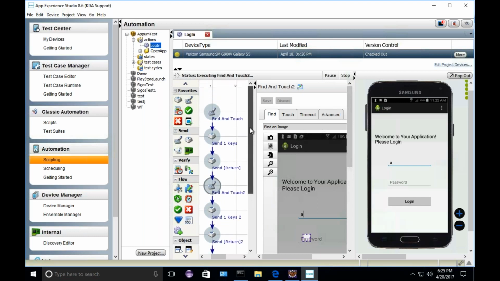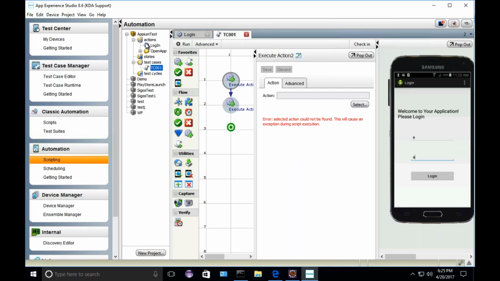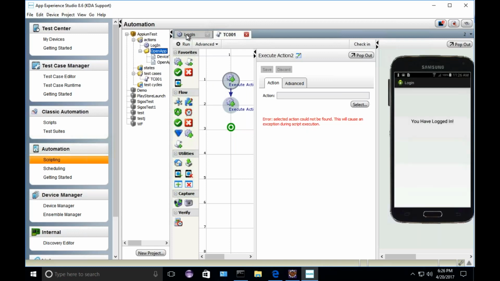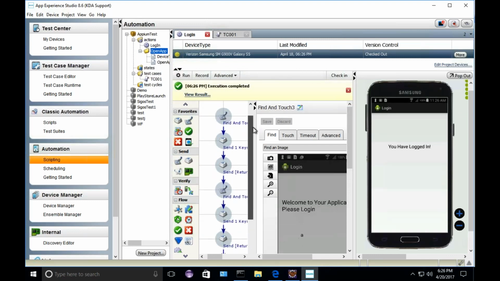So you can create your actions and then link them into test cases. For instance, I can add another action if I want to open the application first. So I created an action called open app, and what that will do is simply go out and open the application. So now I'm going to show this exact same test case that I recorded and played back, written in Java.